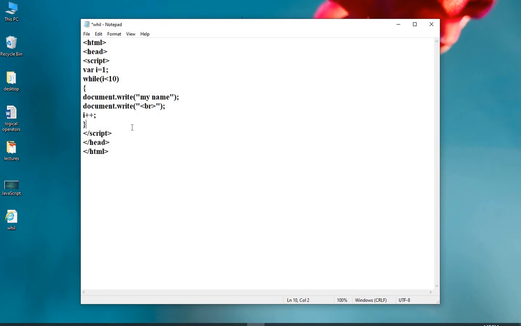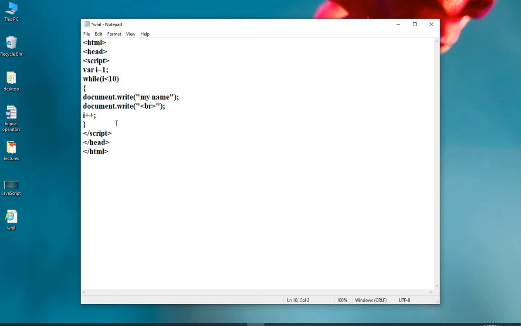So this is how the code runs: when the value of i is 1, the program checks the condition whether i is less than 10. As 1 is less than 10, it is going to print my name, then a line break, then it is incrementing the value by 1. i equals i plus 1 means now the value of i is 2. Now 2 is again less than 10, so it will rerun the same line, my name, and it will rerun the line till the condition gets false.